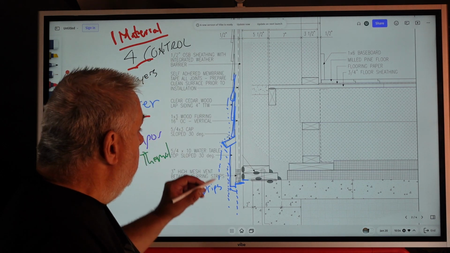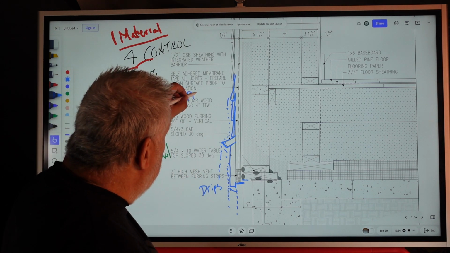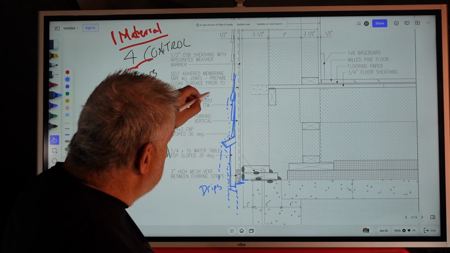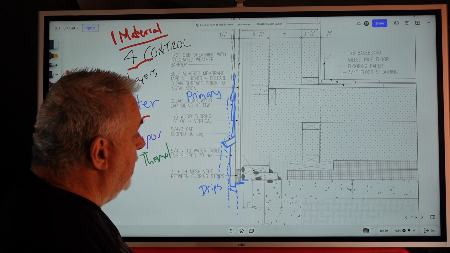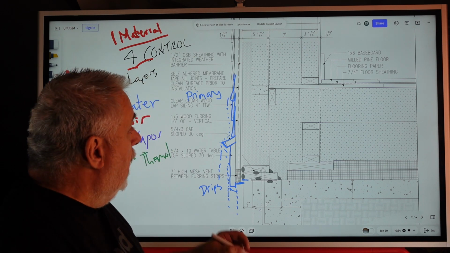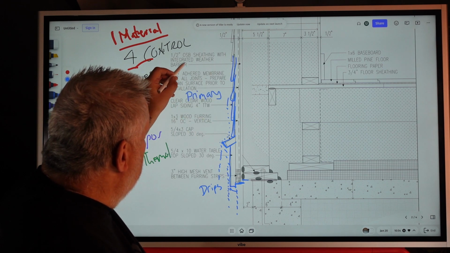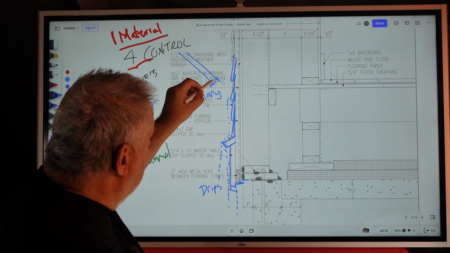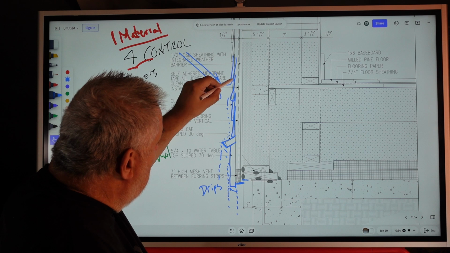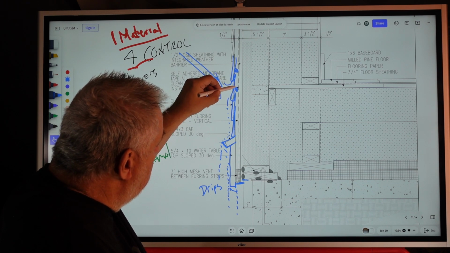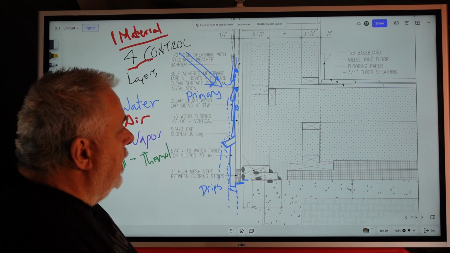So that's our primary. And with a lot of our control layers, we have just that. We have a primary and then we have a secondary. So we have our siding. Well, what if wind-driven rain somehow makes its way to the back side of our cladding? Now,